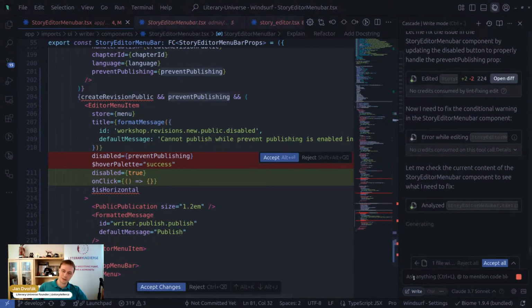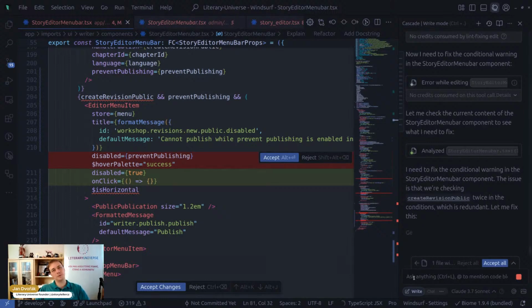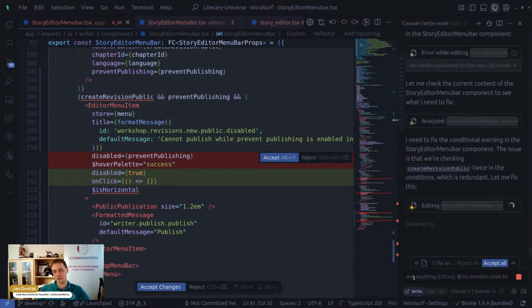Not bad. I just want a few last adjustments before I go on to the final step of the